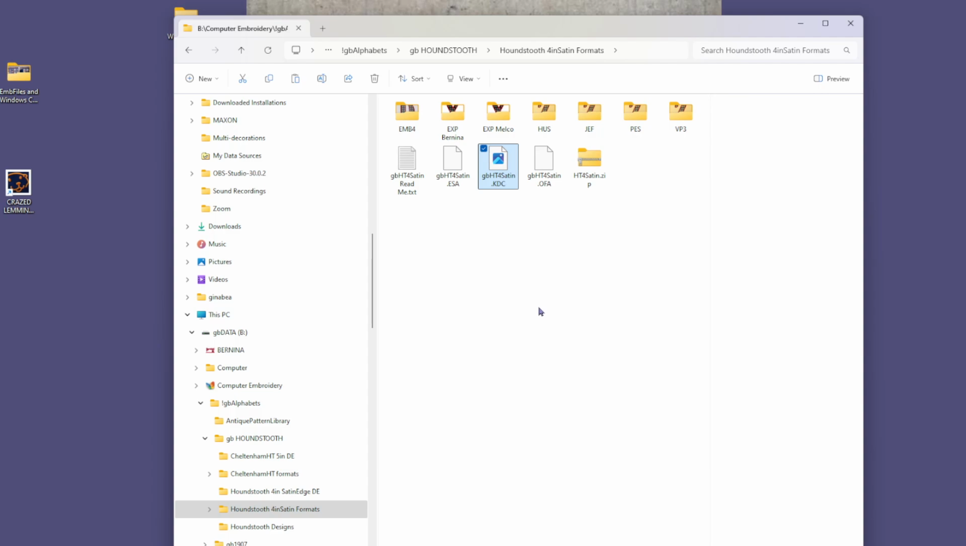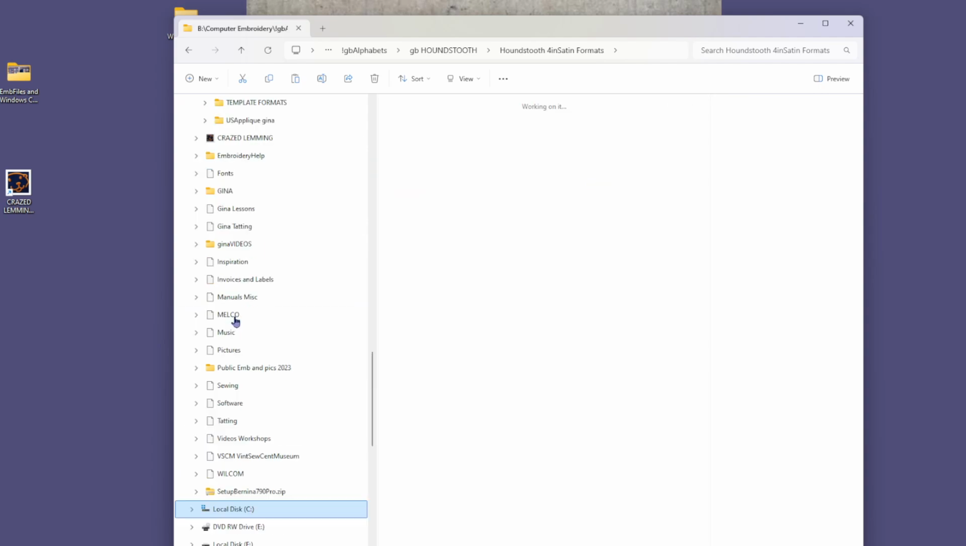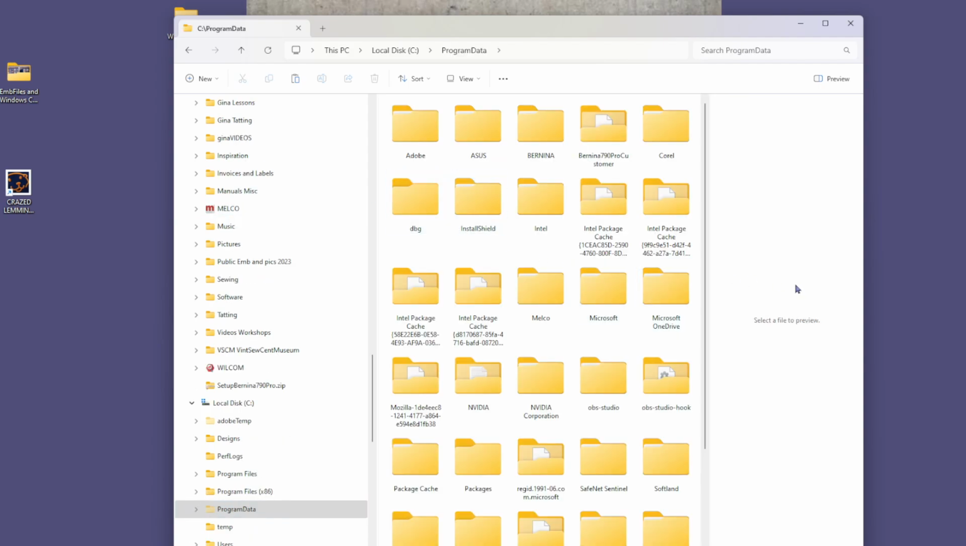And what I'll do is I'll right click that, Control C to copy, and then I'm going to need to go into my local C drive where all of my programs are. But I'm not going to go where you would normally find your Bernina files. I'm going to go into Program Data. Now remember, I'm working with version 9. This was the first time that this was available to us. It's version 9. So I'll go into my Bernina folder,